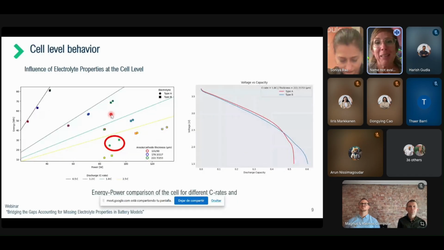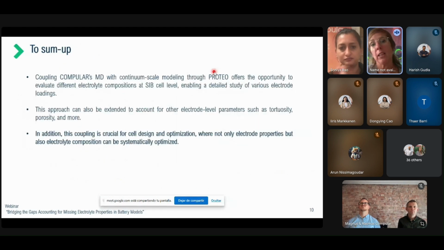So very quickly, we wanted to show this exercise in which we were collaborating with Compular, because we see a lot of complementarities between these molecular dynamics and the continuous scale models. This was a very straightforward exercise that can be extended to many other aspects and approaches, and we will be working on that in the future as well. So to sum up, in this case, we were just showing this sample in which Compular is computing these transport properties of the electrolyte for this specific sodium-ion technology,